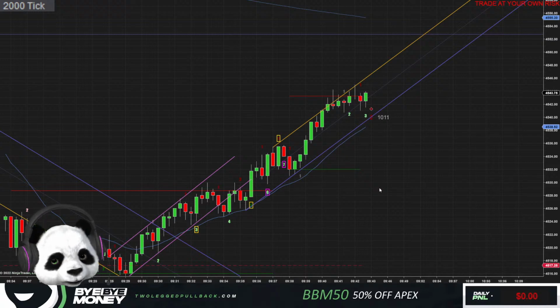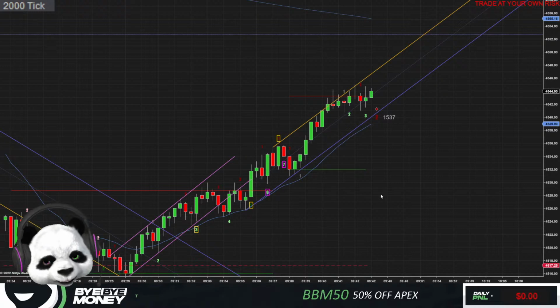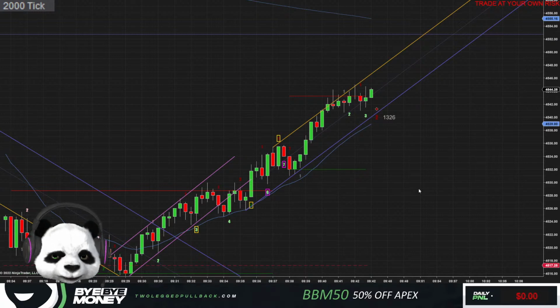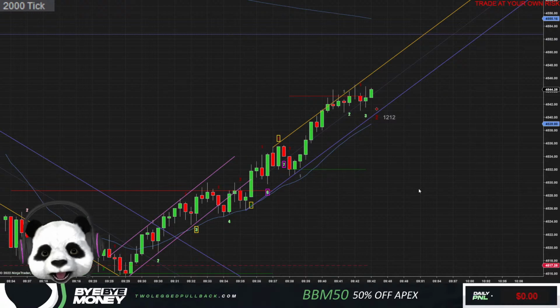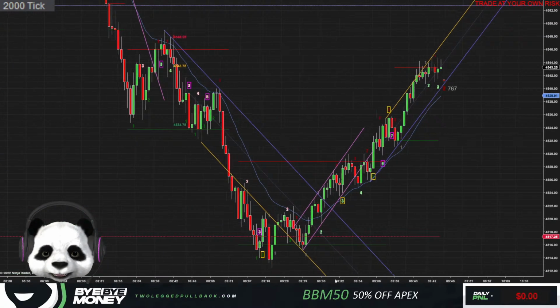But we're clearly above the 20 MA. We haven't broken beneath the 20 MA at all. We're flying above it, and in my opinion, a lot of bears probably got trapped along the way. And you can see with all these traps, every single one of these traps, a bear dies. Every trap here, a bear gets buried. I really thought this break of this low would have caused a big drop.